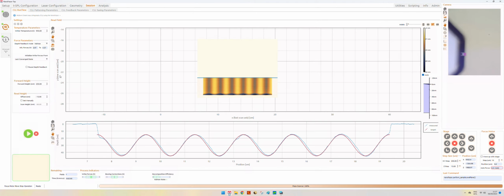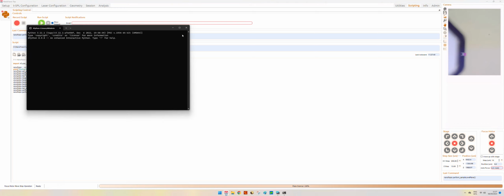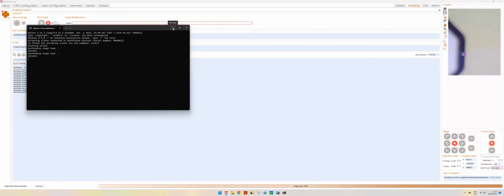So also if we want to start patterning anything, we press play, and the patterning command will be integrated in the script. But just to make it simple and shorter, we can just stop the script now, and we can run it. And hopefully we will see that everything that we've done will be done again by the Nanophraser software.